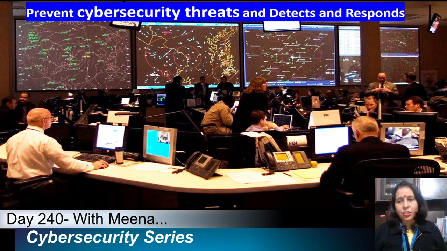As you can see in this picture, a number of professionals are working, and you can see different types of data displayed on the different screens. Whether that's a common big screen visible to all of the professionals working in the SOC, or screens specific to individuals and their tasks, or collective data, that is also displayed on their systems.